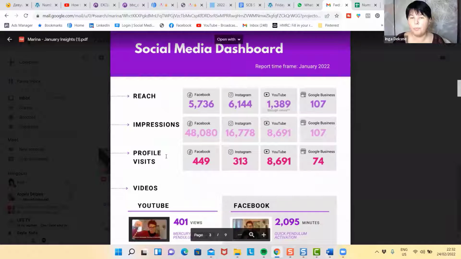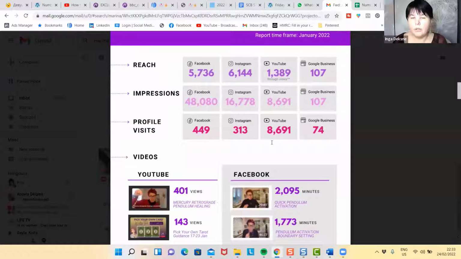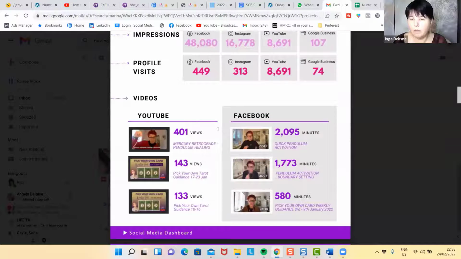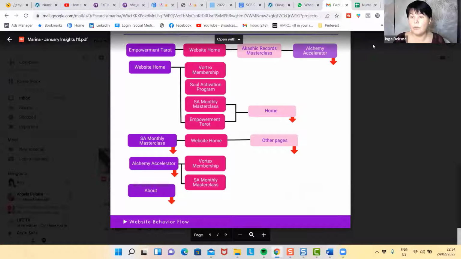So they looked at reach, impressions, profile visits, right? Facebook, Instagram, YouTube, and they also chose to track Google Business. And then YouTube, they look at views. So it's important how many views as well, how many minutes were watched on Facebook. She doesn't need to do anything, just bring the data to our session.